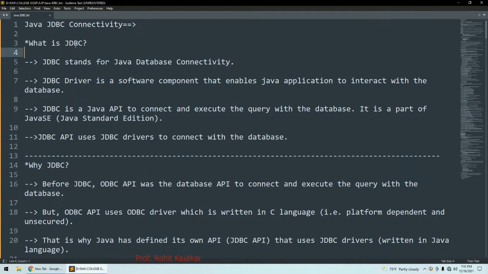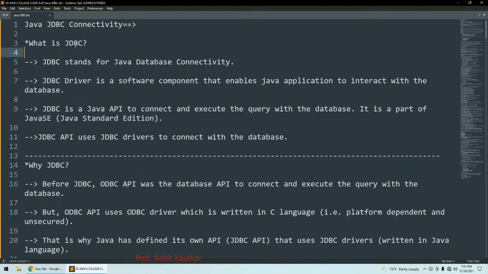So here what is our target? Our target is to connect our Java program with a certain database, and for that we are going to require a driver, and that driver is JDBC. So JDBC is an intermediary between the Java program and the database. Through JDBC, the communication between the Java program and our database will happen. Okay, that is JDBC. JDBC is fully written within the Java programming language.